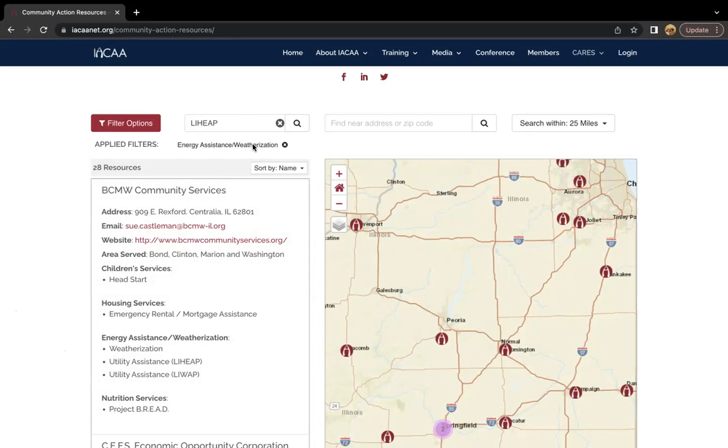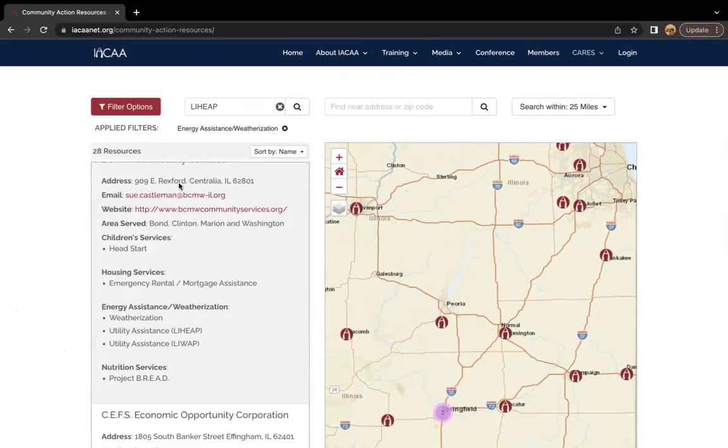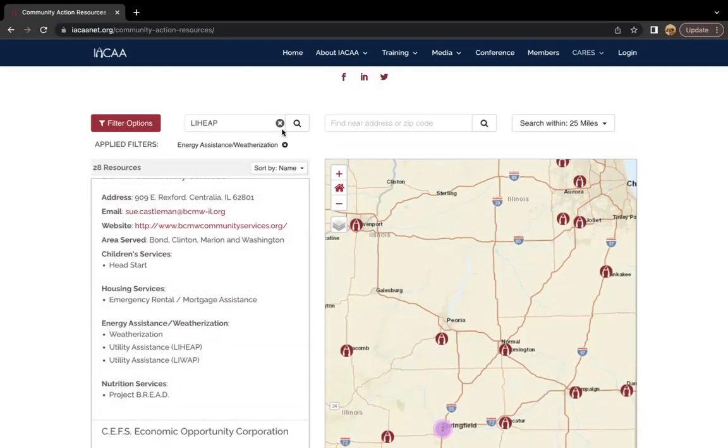Awesome. So as was kind of implied by mine and Stormy's conversation there, this resource guide is not set in stone. So know that if you notice an error or if you know of a service that needs to be added, CARES is continuing to work with IACAA. So let your state office know, and they will let us know to update this map.